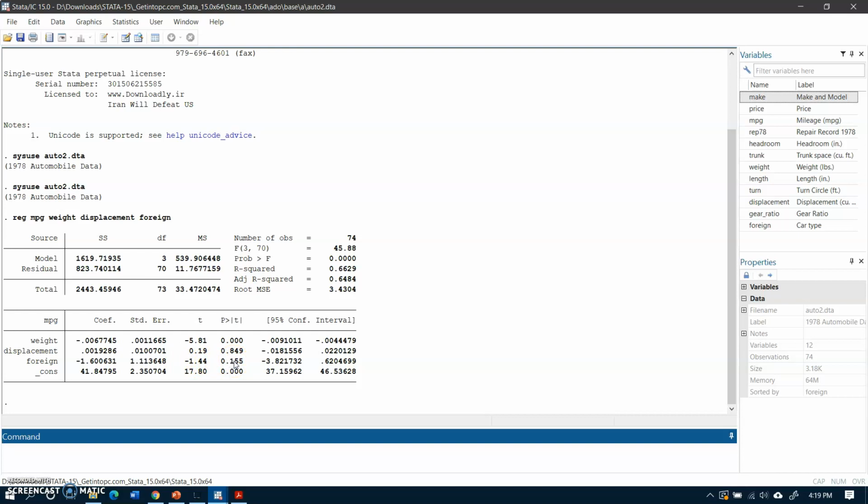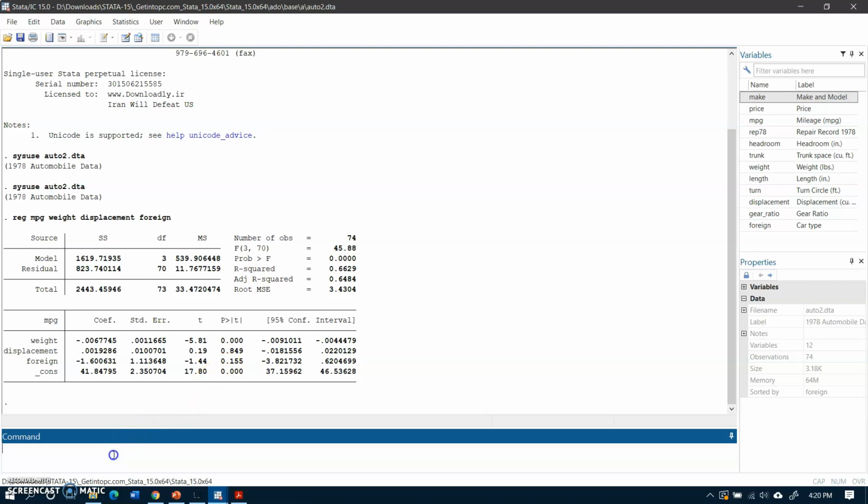Now the question is, is this model correctly specified? Have we omitted some important variables, that is weight, weight square and weight raised to the power cube? Similarly, displacement, displacement square and displacement to the power 3, or the interaction between weight and displacement, weight and foreign, displacement and foreign, and so on.